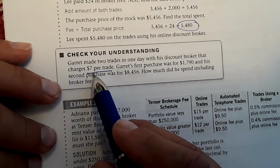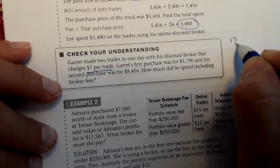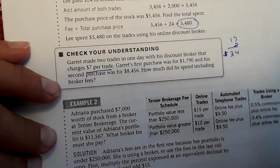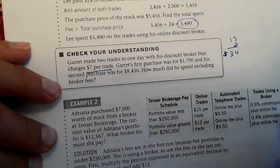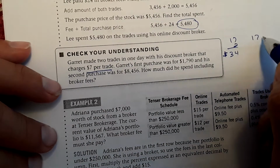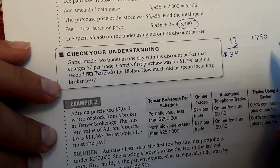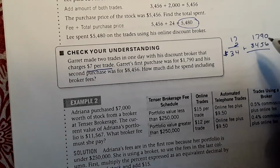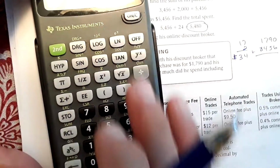Well, he made 2 trades at $7 per trade, so 7 times 2 would be $14 in fees for his trades. And then his purchases, the first one was for $1,790, and the other one was for $8,456. So what he purchased in total,